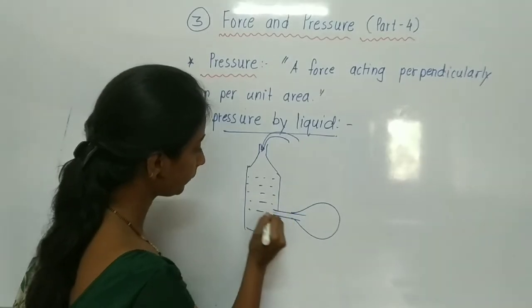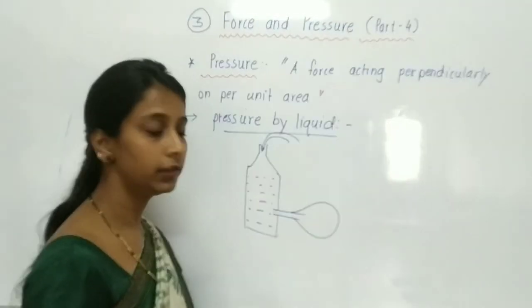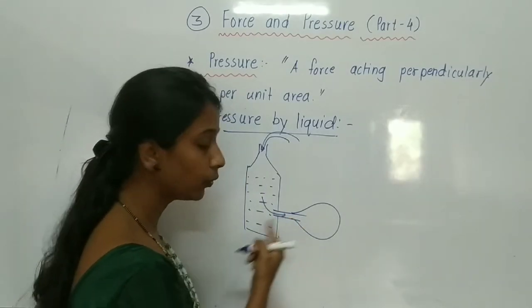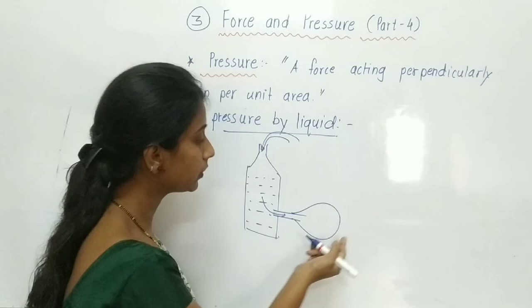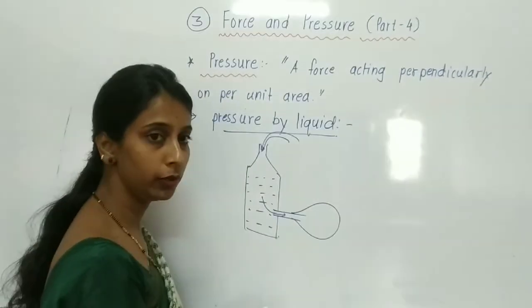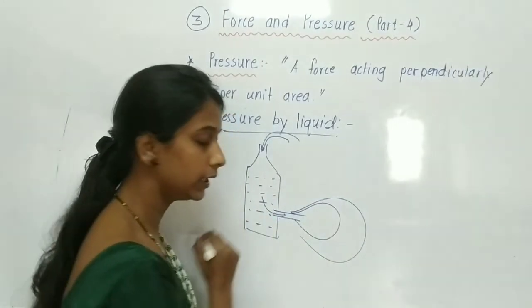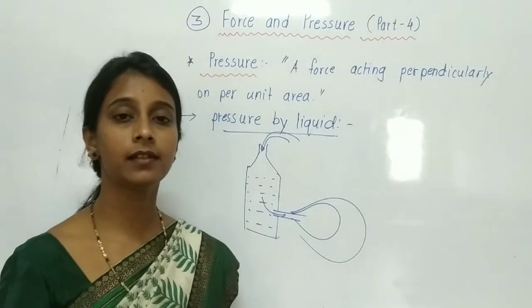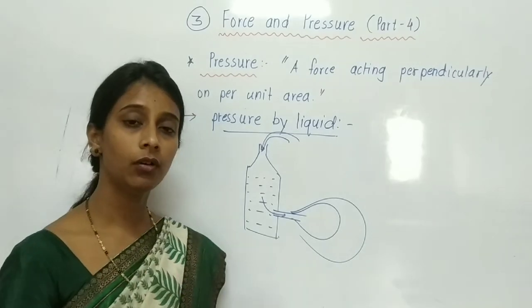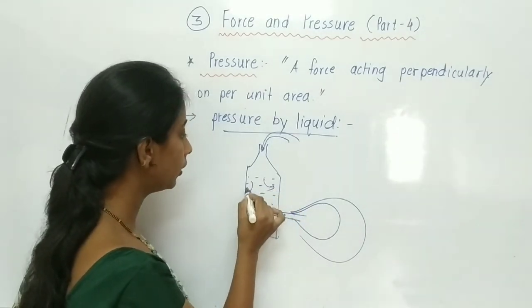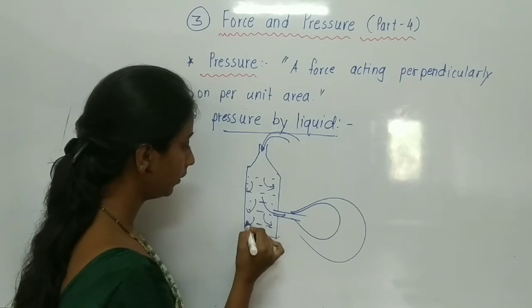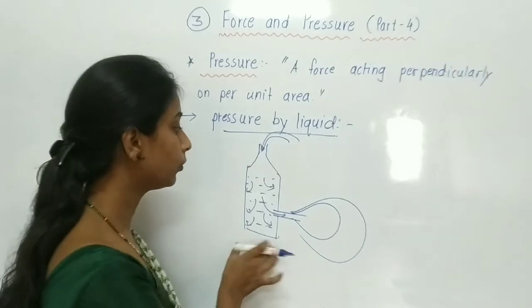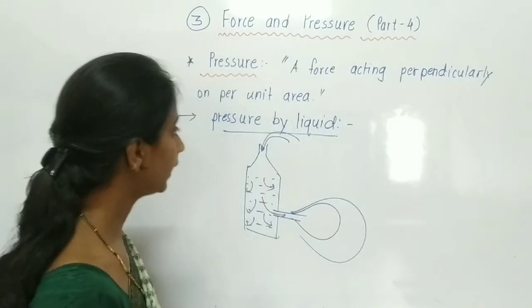After the bottle is filled, we can see that water flows from the pipe and comes into that balloon, so the size of the balloon increases. It also shows that the water exerts the same pressure on all the sides, on the walls of that container. Water exerts pressure on the wall of the container. So it is shown by this activity. Now one more activity is given.